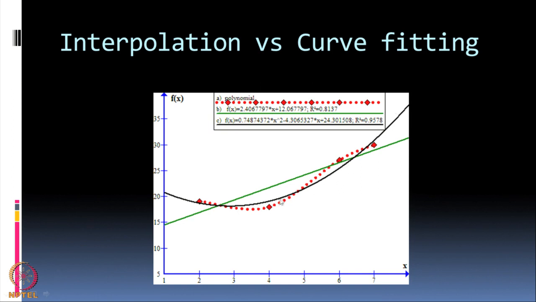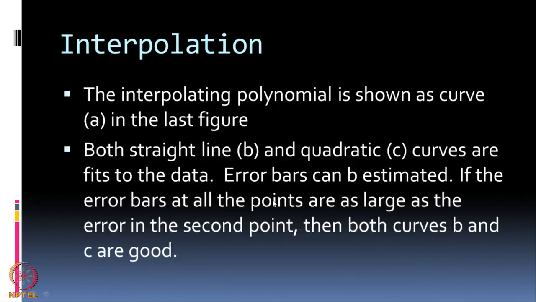The black line is the best quadratic fit to my data. It is a quadratic function; a line is a linear function, the curve is a quadratic function. The best quadratic fit through this data is this black line, and notice that a fitting function need not pass through my original data points, whereas when I interpolate, everything passes through those data points. So, when I have a given set of data, I can go for interpolation or I can go for curve fitting, which one I shall use depending on my requirement.